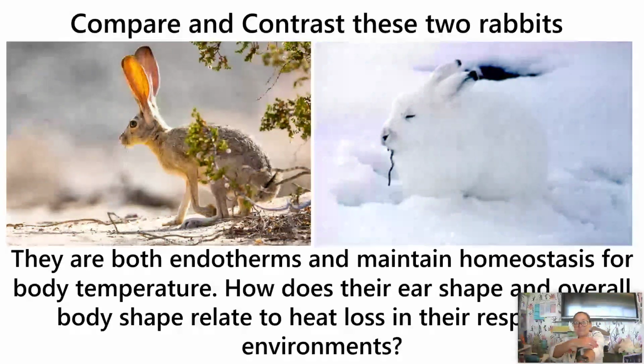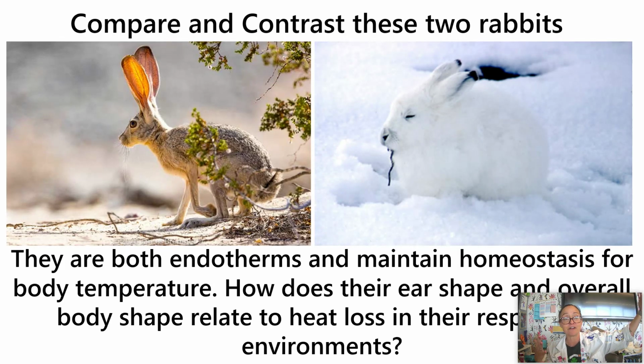Or its long, skinny legs. That's a lot of surface area compared to the volume. This rabbit can actually lick its legs to create, because they don't sweat. Just humans and horses sweat. And so if it licks its legs and gets it wet, as the wind comes by, it can take some of the heat. So its body shape has evolved to maximize surface area for heat loss to the environment,